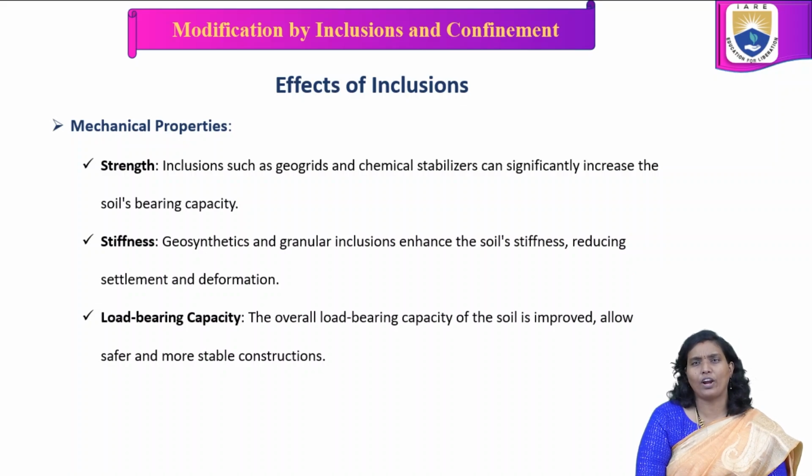From the stiffness point of view, geosynthetics and granular inclusions enhance soil stiffness, reducing settlements and deformation. The overall load bearing capacity of the soil is improved, allowing for safer and more stable